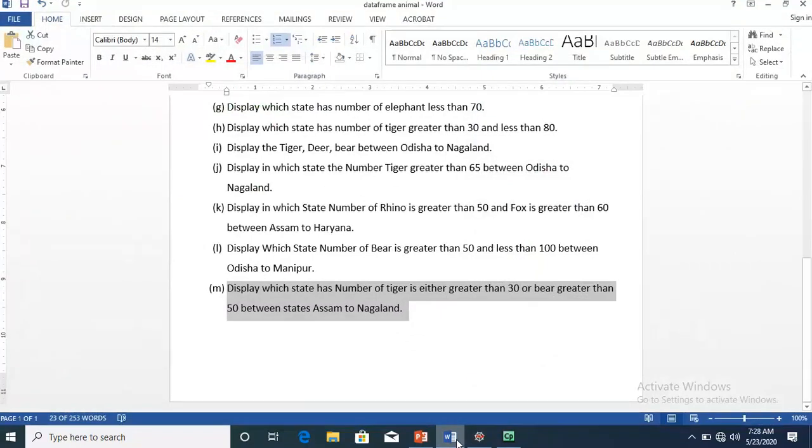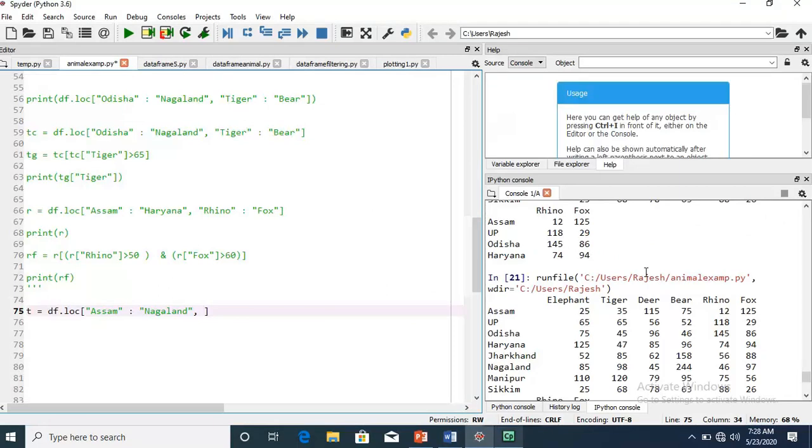Which column index? Number of tiger is either greater than 30, or deer. They require tiger or deer.